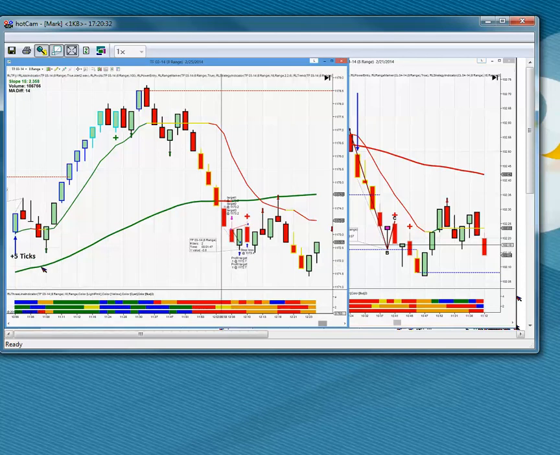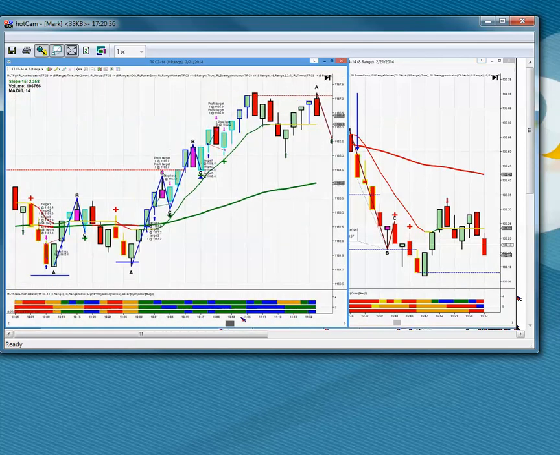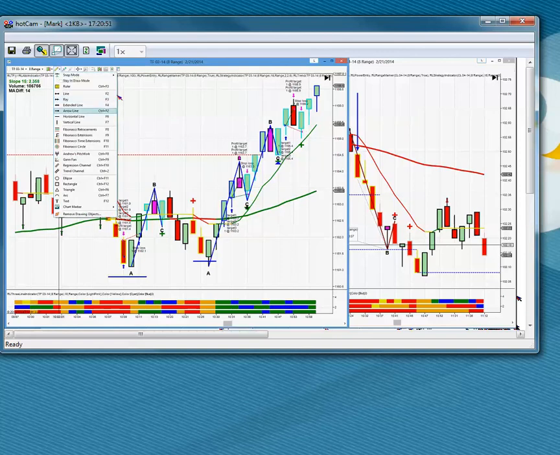Here's the AutoTrader for win number 1, AutoTrader for win number 2, AutoTrader for win number 3. The AutoTrader kept taking